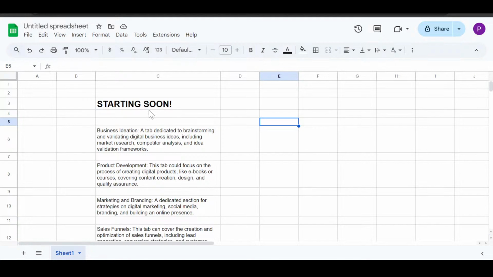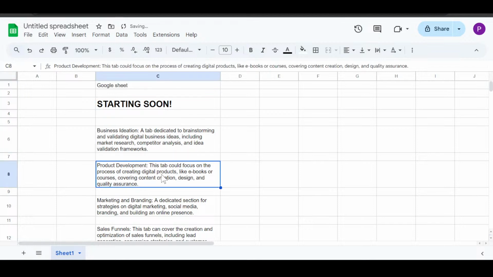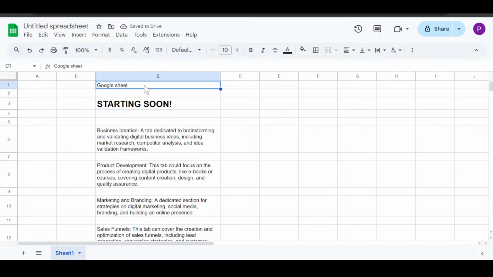So basically, it's a Google Sheet. I'm just going to explain what I'm trying to do. This is a Google Sheet that will contain all the elements that you need in the form of tabs. There's going to be 10 tabs. So this is one tab, a second tab, etc. So it's a Google Sheet that contains all the templates, information, resources, links that you need in order to build